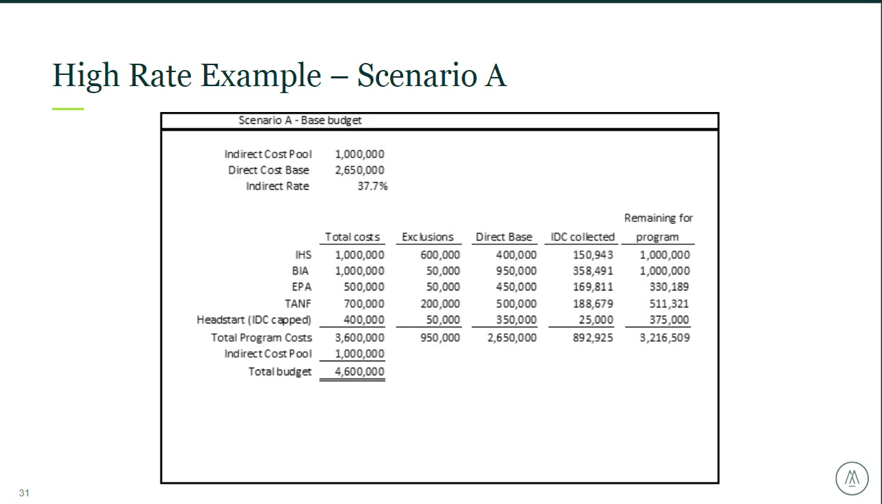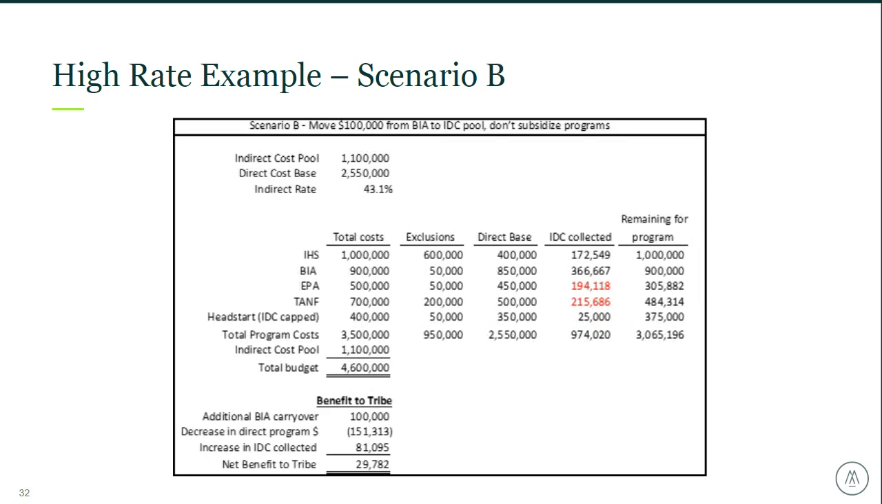And Head Start, we're saying they're capping it at $25,000, so that's why that's there. It's not based on the indirect cost rate. So this is the base example. Now, if I go to my scenario B,